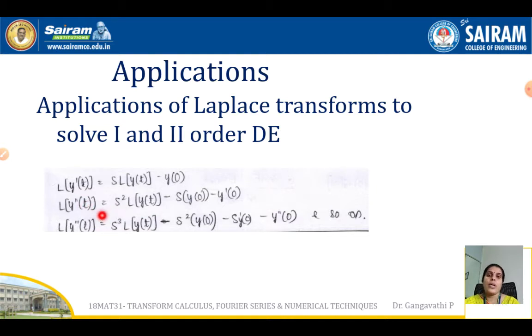And the number of terms is one more than the number of times you have differentiated. If you have a first order derivative, there are 2 terms. If you have a second order derivative, there are 3 terms. And if it is a third order derivative, there should be 4 terms. So the expression starts from s cube, and it is in decreasing power of s, and you will have L of y of t first, then y of 0, then y dash, and y double dash. This is just an observation which I made, so try to remember it in your own way, because these substitutions are very, very important in solving differential equations using Laplace transforms.